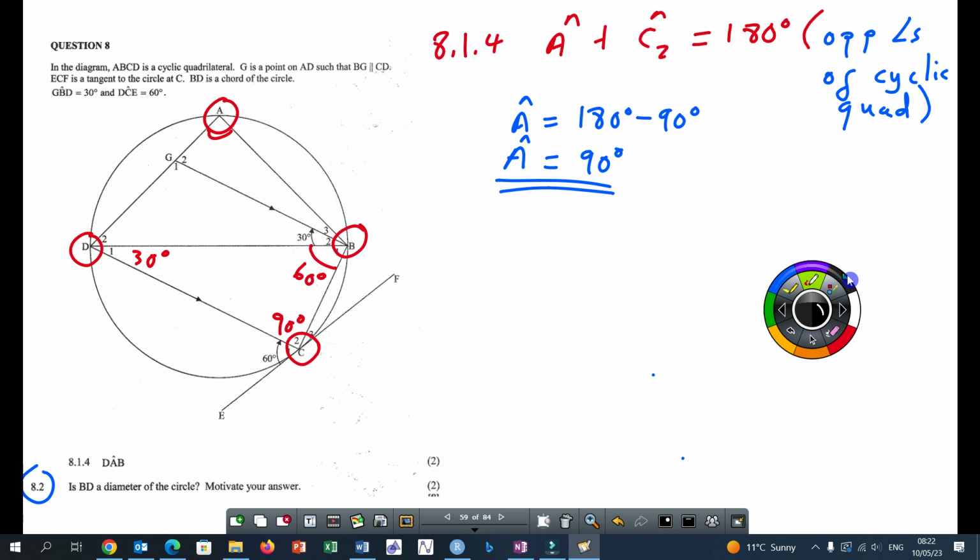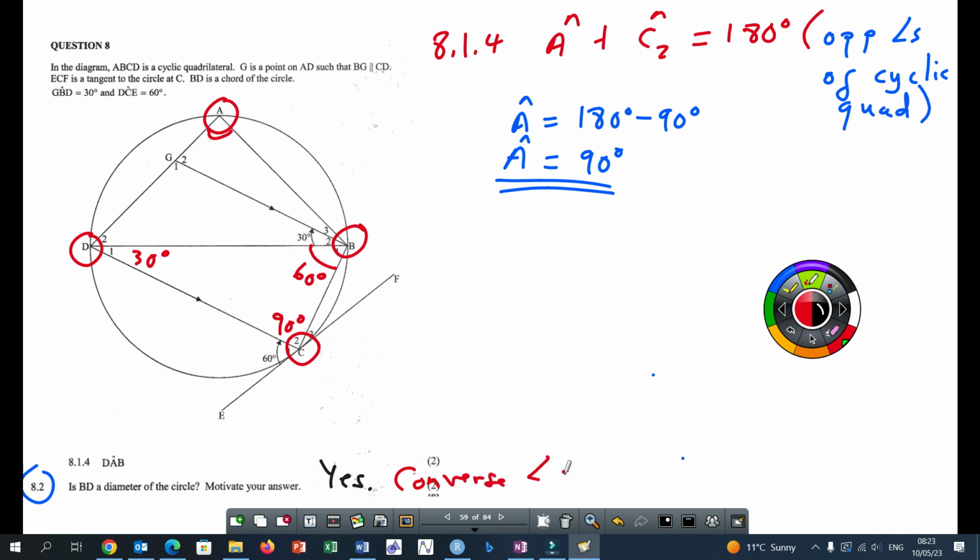Okay, 8.2. Is there anybody who has got a question with 8.1.4? If you don't have a question, then let's move on to 8.2. Now, 8.2 says, is BD a diameter of a circle? Right, the answer is a yes. Now, that first mark may be very easy to get. The second mark, you have to give a reason. Your reason, you can write here,